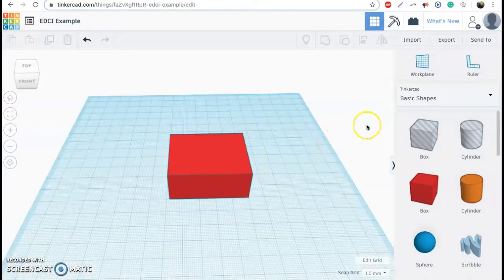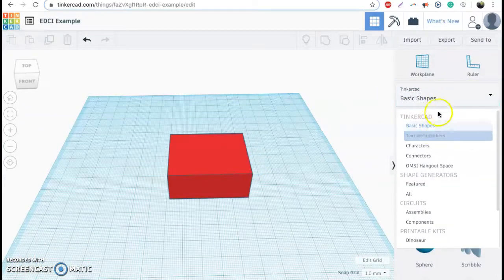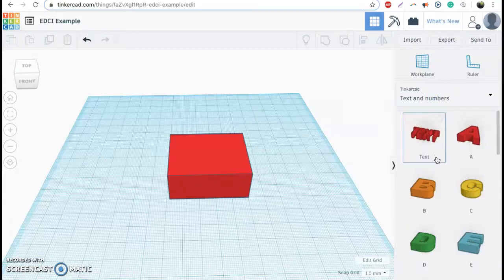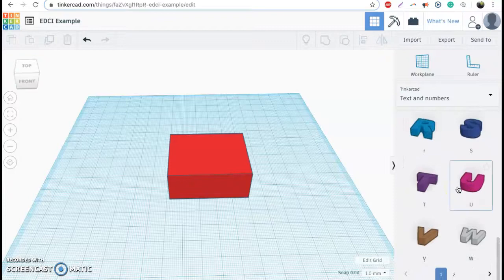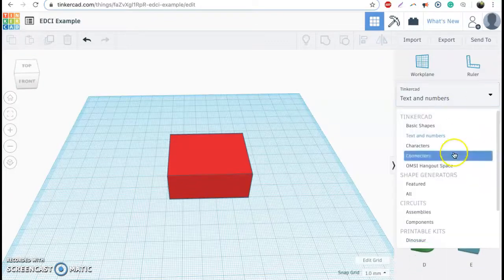You'll notice on the right side, we have this Tinkercad box, which pops up. This will allow you to input different items as well. So text and numbers, which we're going to do here momentarily. You can see very simply, it goes through the alphabet. You can scroll through. You can take a look at those if you would like. Characters,